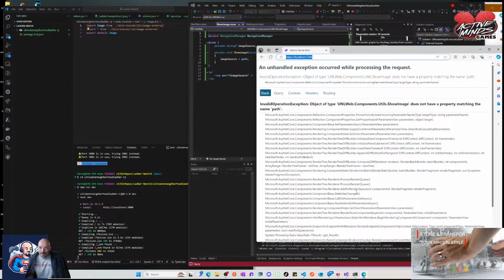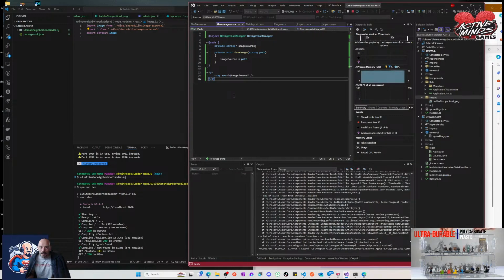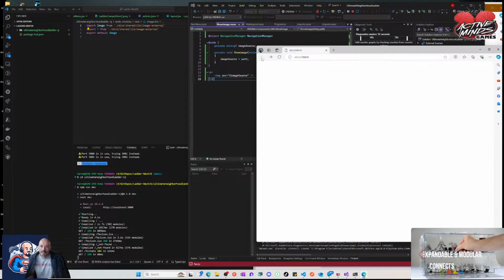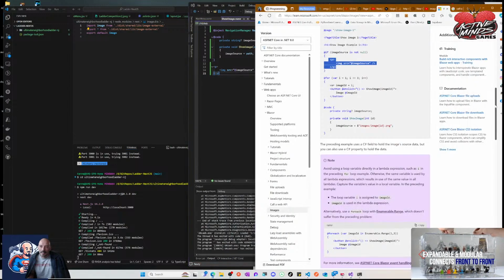Object type util show image does not have a property matching the name path. Okay, so it is not matching this path. I don't know what that is, but apparently I can't do that. Boy, okay, let's keep moving here. What's the next? Did not like that, so